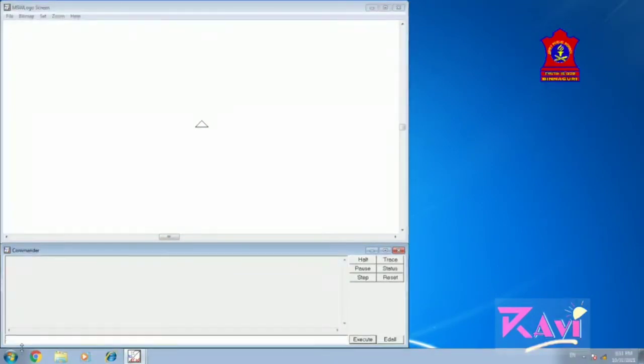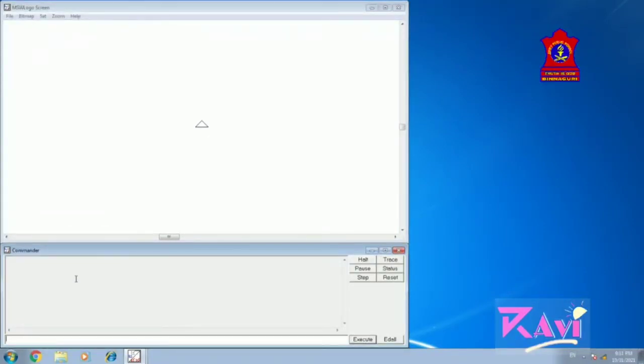First of all, we are going to learn about the forward command. Forward and backward commands are also known as moving commands. Let's start with the forward command. Forward is written as FD in short.